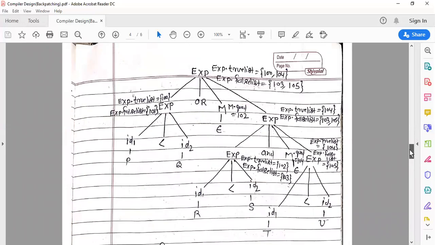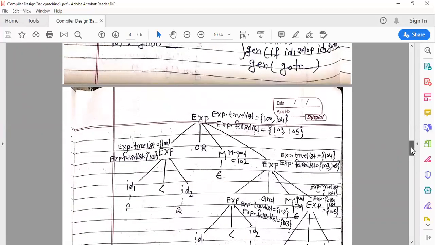So exp.truelist is equal to 100, and exp.falselist is 101.